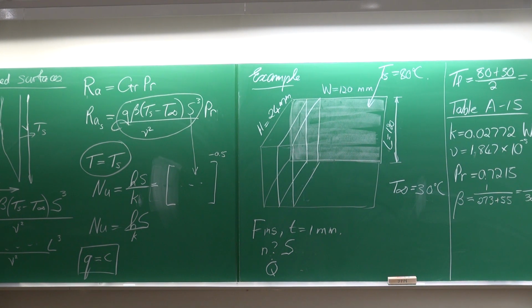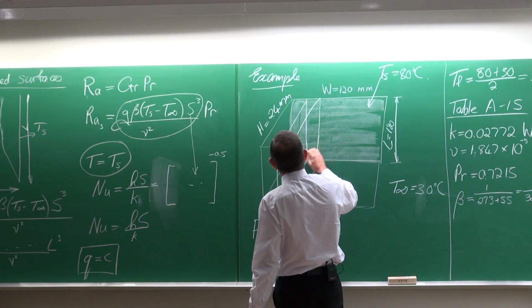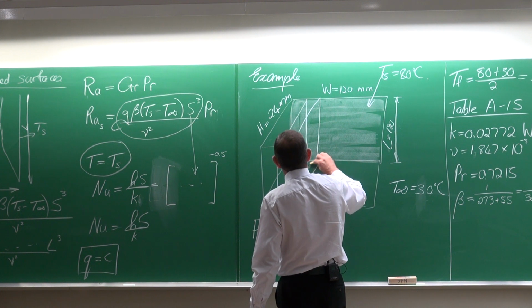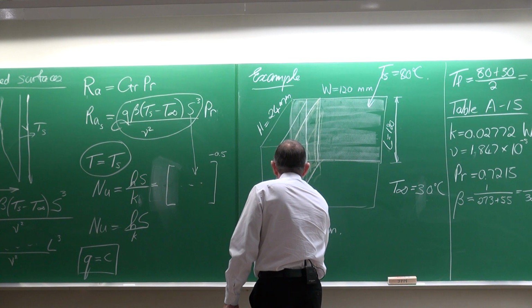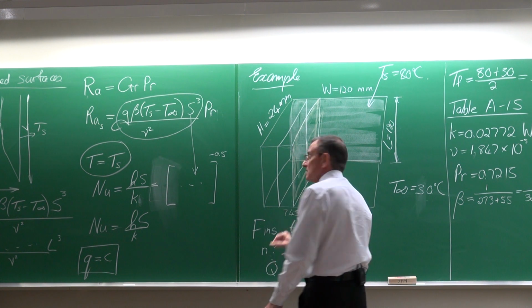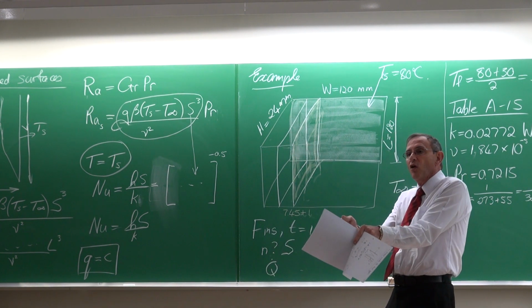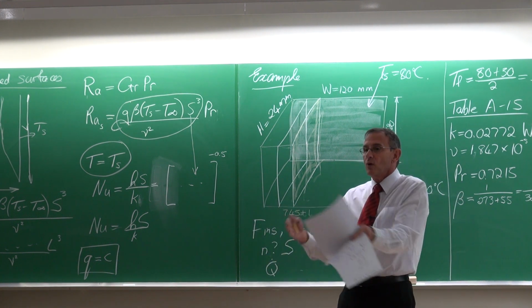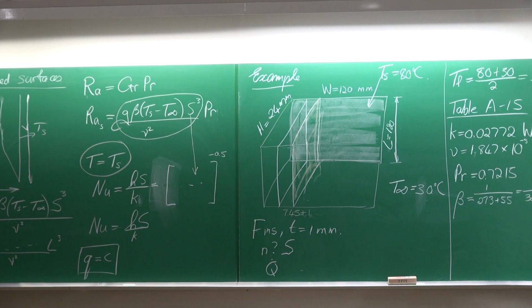And if we use some color, let's see if that works, then every one of these fins, let's use that as the area of one fin. Okay. Then we've got a spacing of 7.45 millimeters plus 1 millimeter thick. That is the thickness of the fins. So that would be the volume typically of every one of the fins. So that is why I've determined it like this, and the result of that is